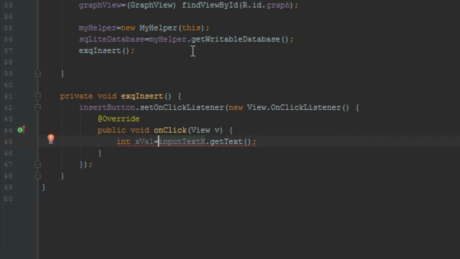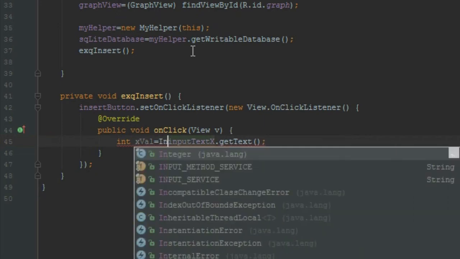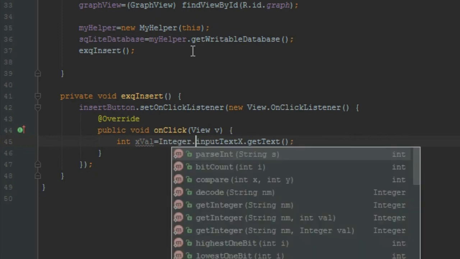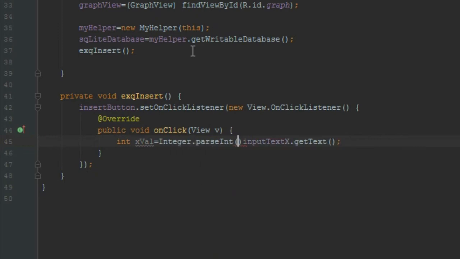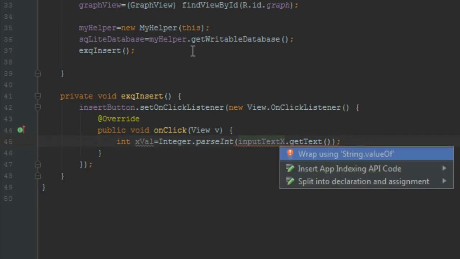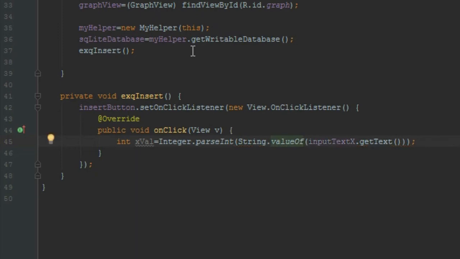Now here integer dot parse int, and cut this whole thing and paste it here. Now again you can see error, and for that alt enter and wrap using string dot value of. Now error has been gone,